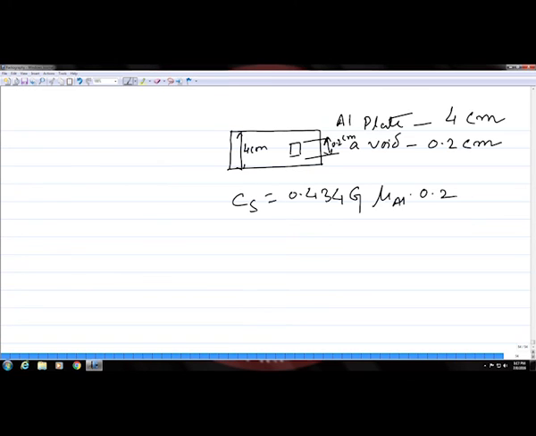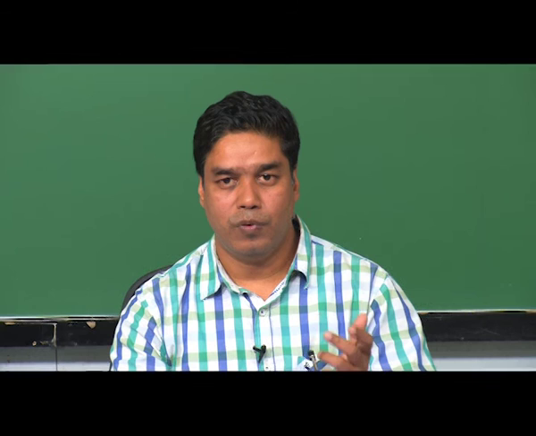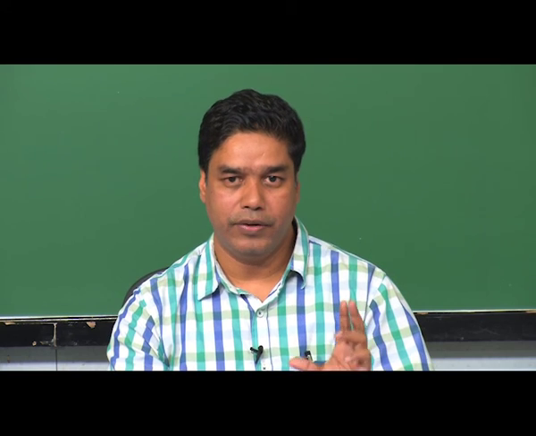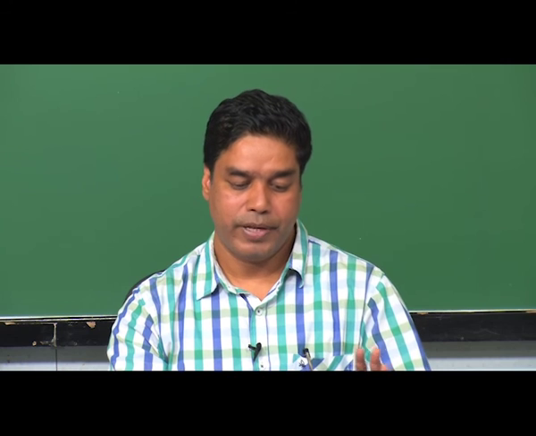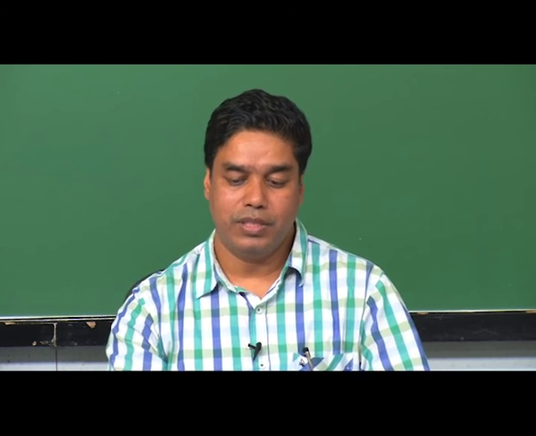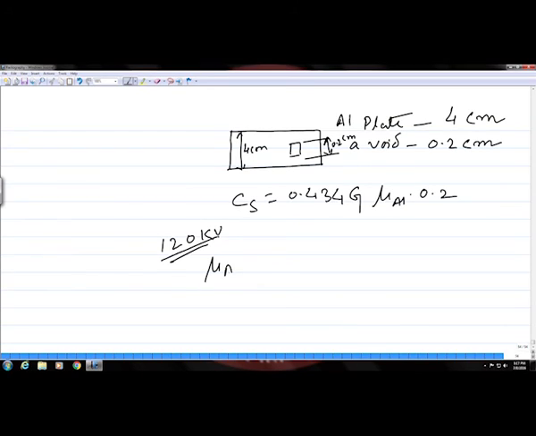Okay, so now let us say you are using a tube voltage of 120 kV. So, the question here is whether this blowhole will be clearly visible on the radiographic image or not at a tube voltage of 120 kilovolt. Okay. So, for that you simply have to see at 120 kV what is mu IL, and you put the value of mu IL over here for a known G, and then see whether C s is more than 0.2 or not. Okay.